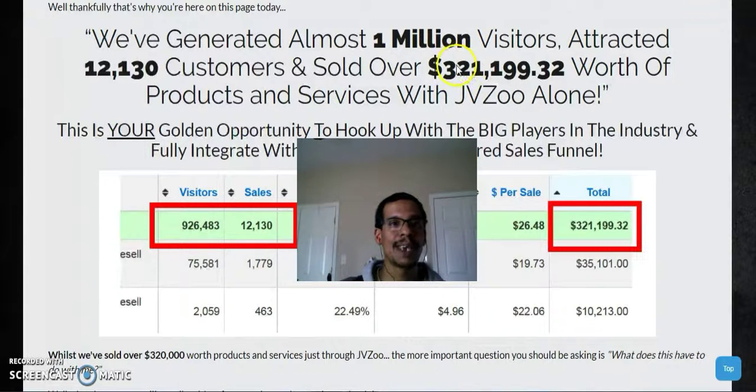And as you see here on the page right behind me, we've generated almost 1 million visitors, attracted 12,130 customers. These are stats from the original installation team of Aaron Danker, which I have associated with, and I have exclusive licenses and agreements with, and thereby it enables me to offer you the installation. So my team, Aaron's team, is going to install you a full sales funnel, selling a digital product training